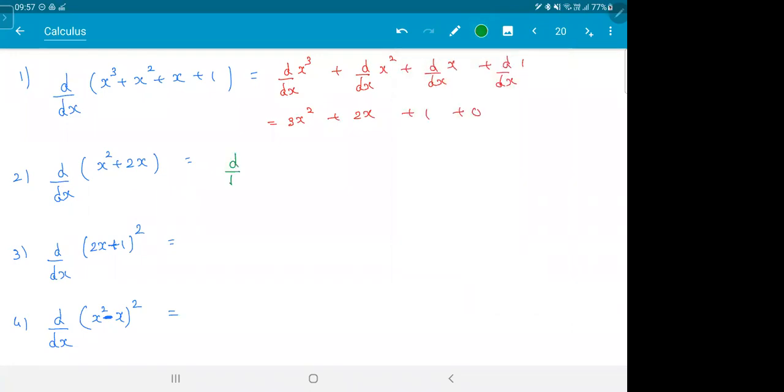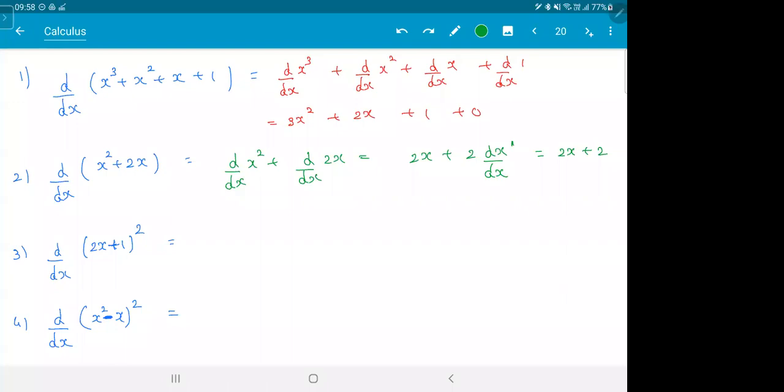Second one. d by dx of x square, d by dx of 2x. So x square is 2x. 2 comes out. We get 2 times dx by dx. This is x power 1, so dx by dx is 1. 2x plus 2. Check your answers. So in this you have two identities, f of x plus g of x and a into f of x. You can combine the 6 formulas and the 4 identities in any way, multiple times. So basically, if you have a constant into a function, just push the constant outside.